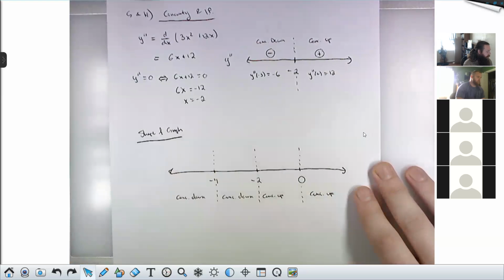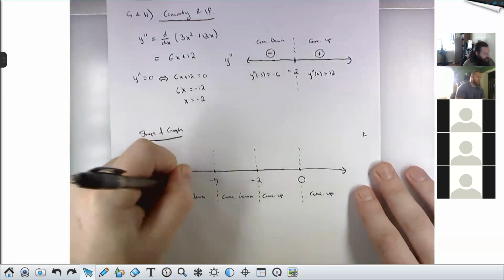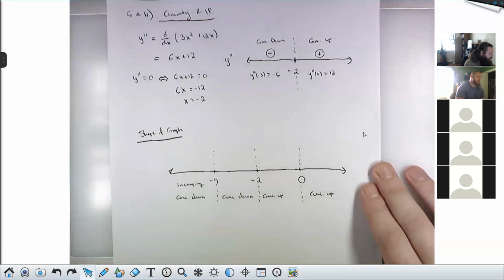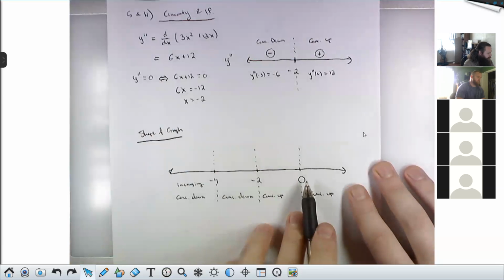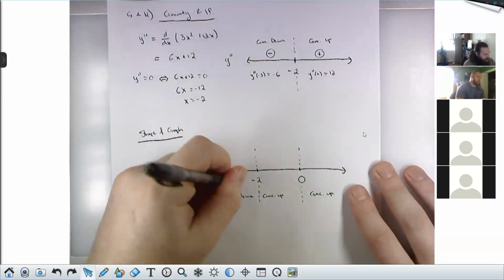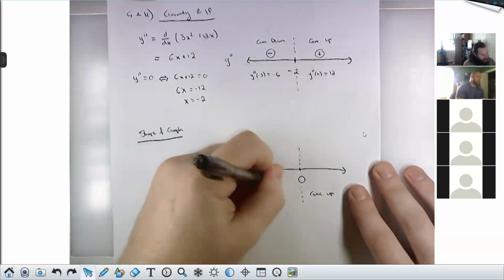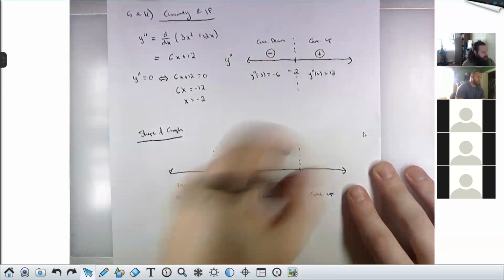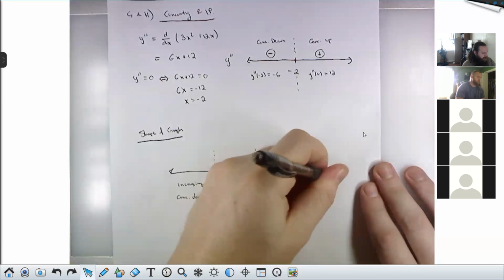And then I can fill in my increasing, decreasing. From negative infinity to negative 4, we were increasing. From negative 4 all the way to 0, we were decreasing. So this is decreasing, decreasing. And then at 0, we switched back to increasing,